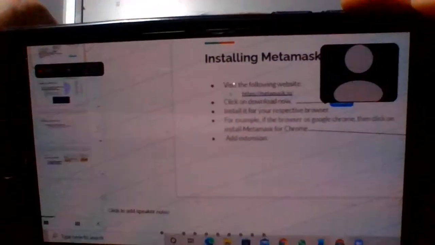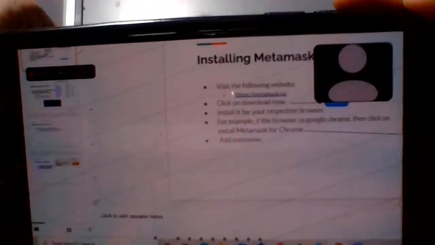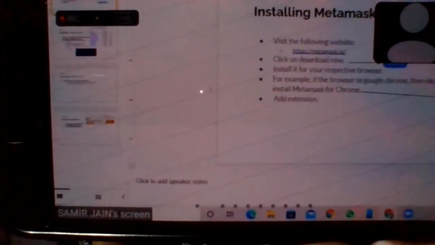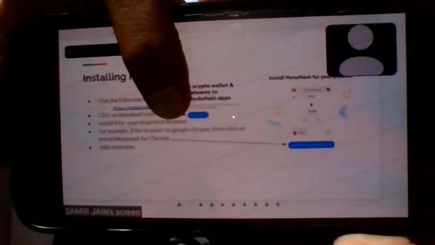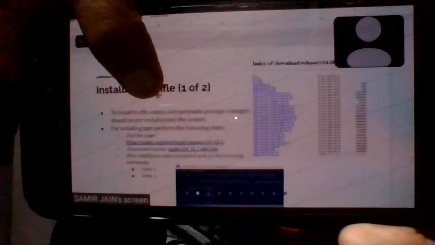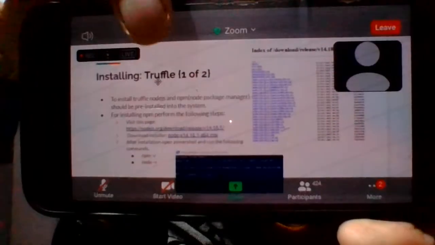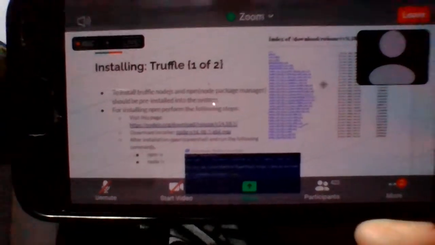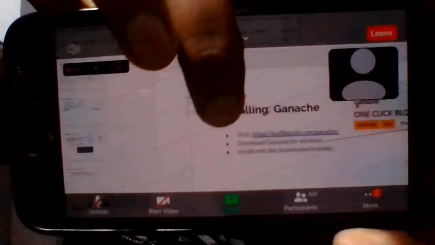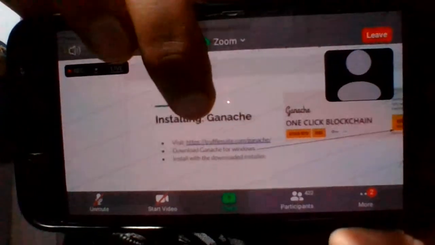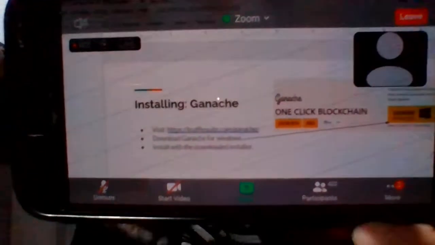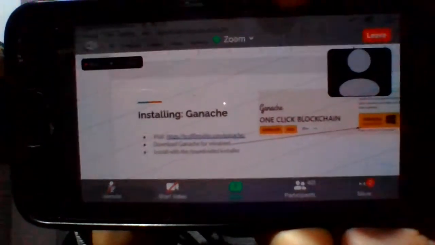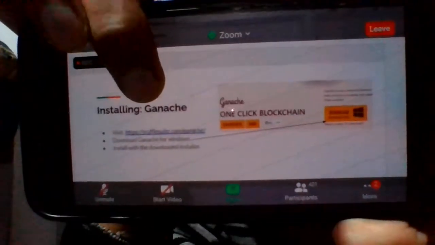So you have to install MetaMask. Here you can see this is the MetaMask. After installation of MetaMask, you'll be able to see this thing. Second thing is the Truffle suite that will be covered tomorrow, and other thing is the Ganache. These three things you have to install in your system before coming for the lab tomorrow, and